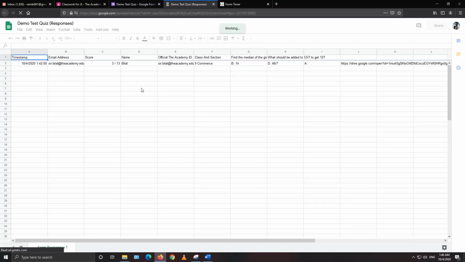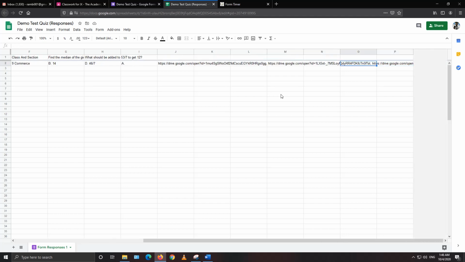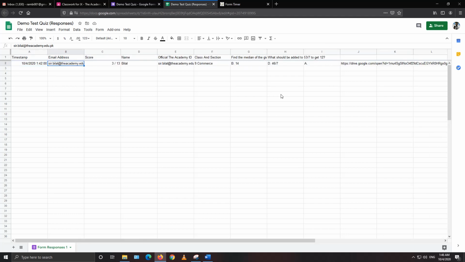And it will open this Excel sheet for me. I can see the email addresses, the class section, and the options as well. Here I can see the total marks of the students as well. So this is one option for collecting the scores of all the students.